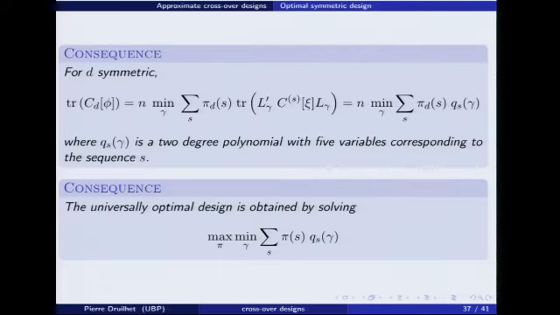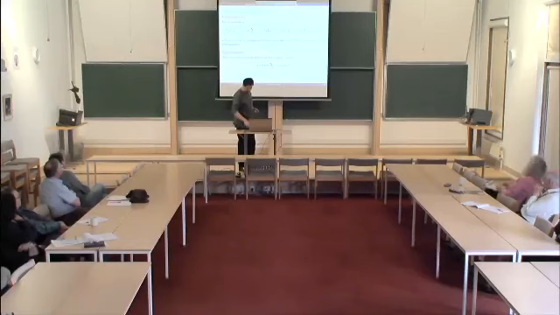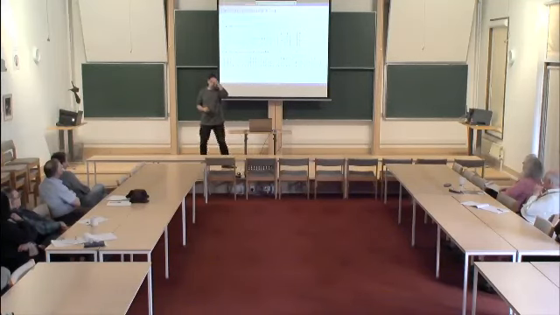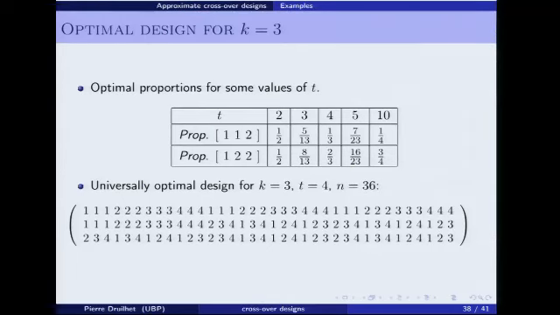And since Q is a convex function, it can be handled computationally. It's not so difficult because you know that you have one minimum, and by convexity it's easy to find the optimal design. So now I will show some examples of optimal designs